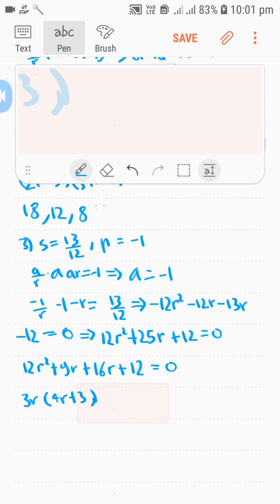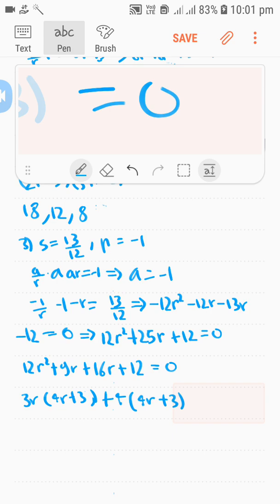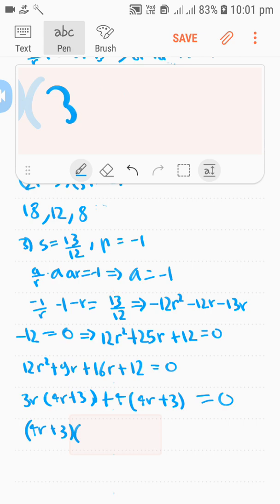Okay, so from the next two terms we can factor out a 4. So once again we will get 4r plus 3 equal to 0. And now we can factor out this 4r plus 3. So 4r plus 3 into 3r plus 4 is equal to 0. So once again you get the ratio as minus 3 by 4 or its reciprocal, which is minus 4 by 3. In any case, your three numbers are going to be, the middle term is obviously negative 1,